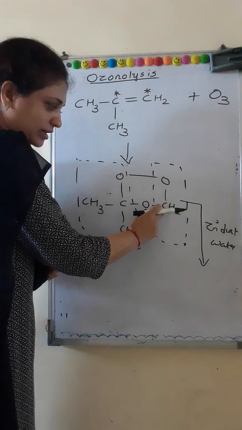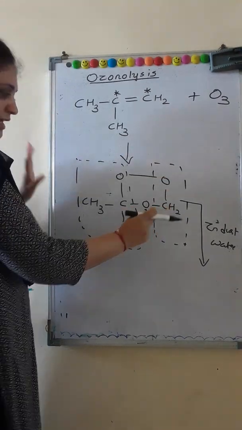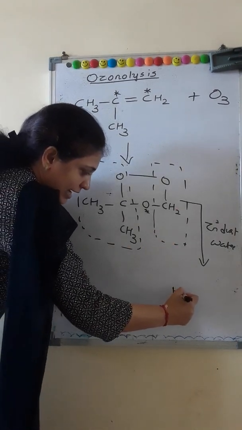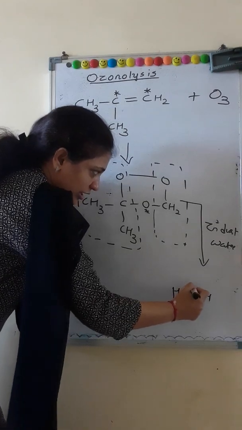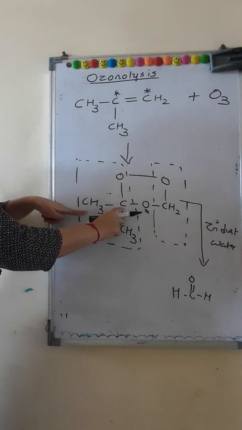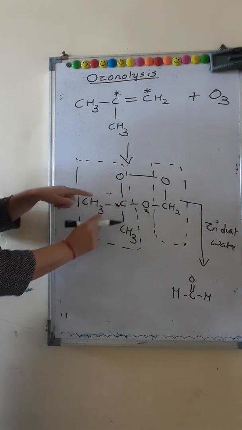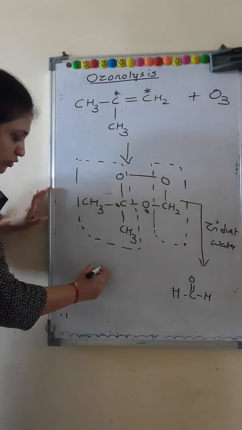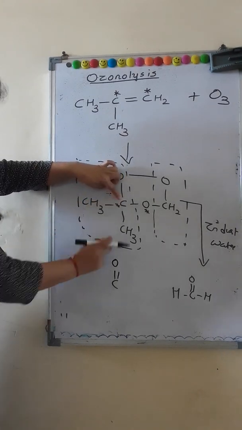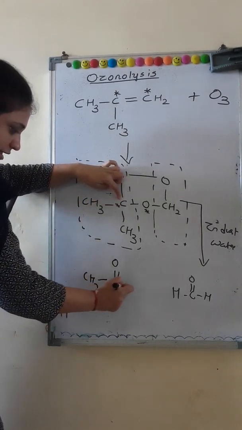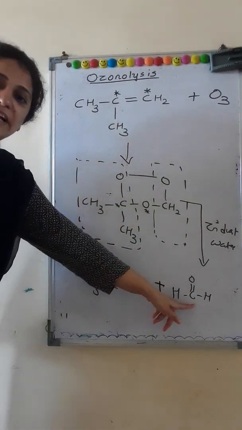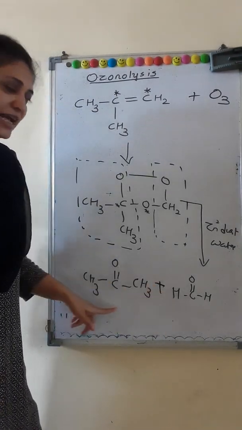The right side fragment is CH2O. Once again it is similar: rearrangement of bonds of the right side fragment will give us HCH double bond O. And this side fragment, this particular carbon which is bonded to oxygen, there is a formation of a double bond between both of them. So C double bond O on this carbon, which is bonded to CH3 on one side and CH3 on the other side. So we get a mixture of aldehyde and ketone here, formaldehyde and acetone.